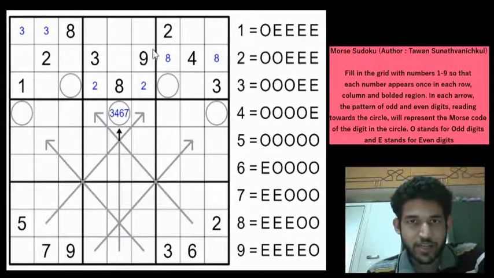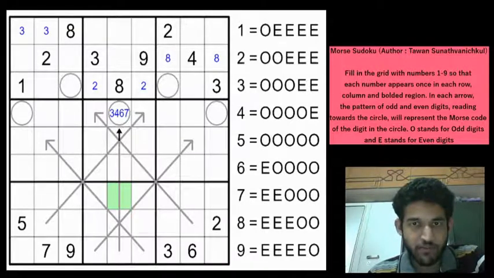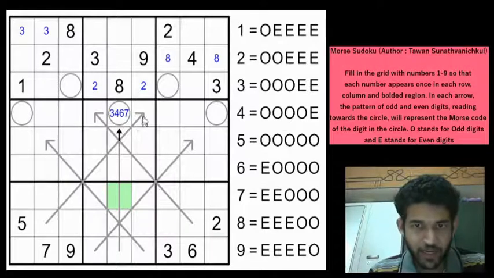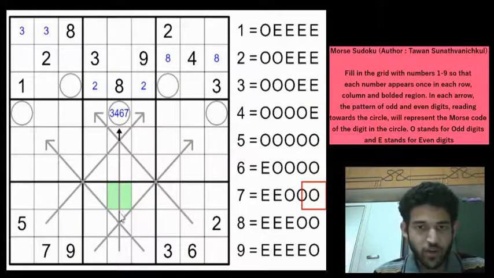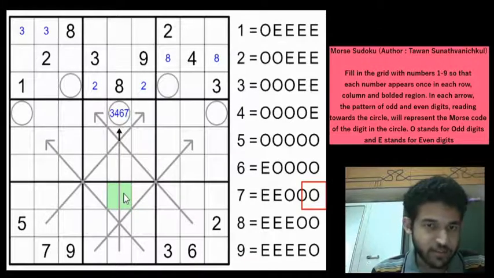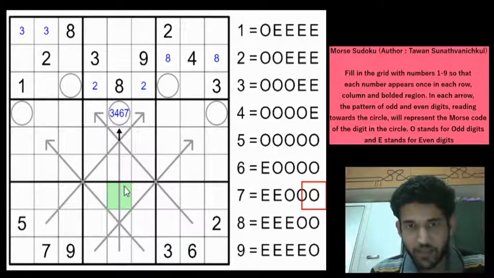So regardless of whether 3, 4, 6 or 7 is here, the third digit starting from the bottom will have to be odd. Let us indicate this by using some colors. Let us use green for odd. So whichever is odd, we will mark that by green, and whichever is even, we will mark that using red. So the third digit, regardless of whether this is 3, 4, 6 or 7, would have to be odd, as we can see. And if you look at the fourth digit, it is even, odd, odd and odd. So no commonality. Again, the fifth digit is even, even, odd and odd. Again, no commonality. So we know for sure only that the third cell starting from the bottom will be odd.